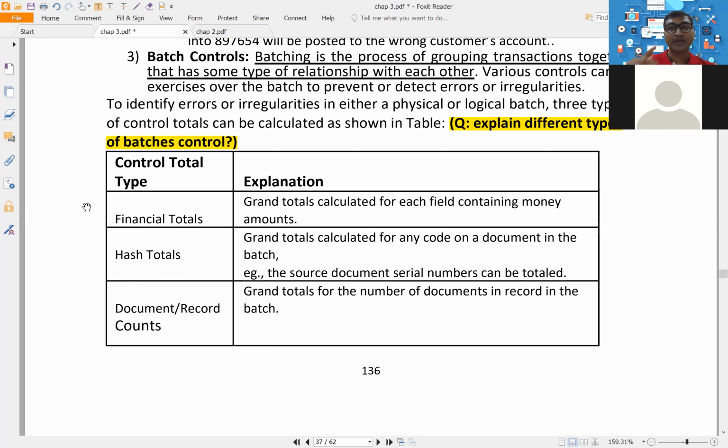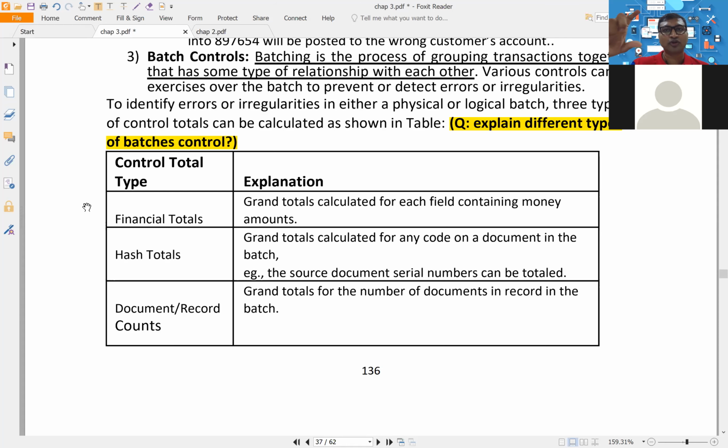So for that, when you are entering the data on Saturday, how will you come to know that the data which you have collected on Monday, same data you are entering on Saturday? So to verify the integrity of data on Saturday, when you are entering the data, we have different types of control, like financial total of all the invoice bills. Remember that diagram. That's why I told you that keep a book with you, diagrams with you.